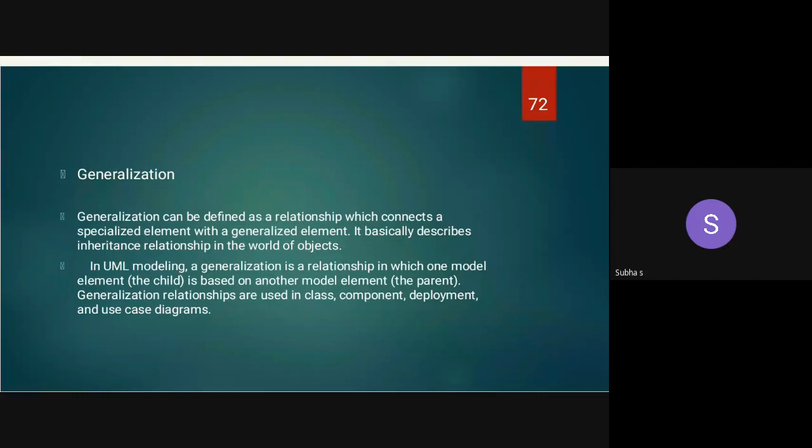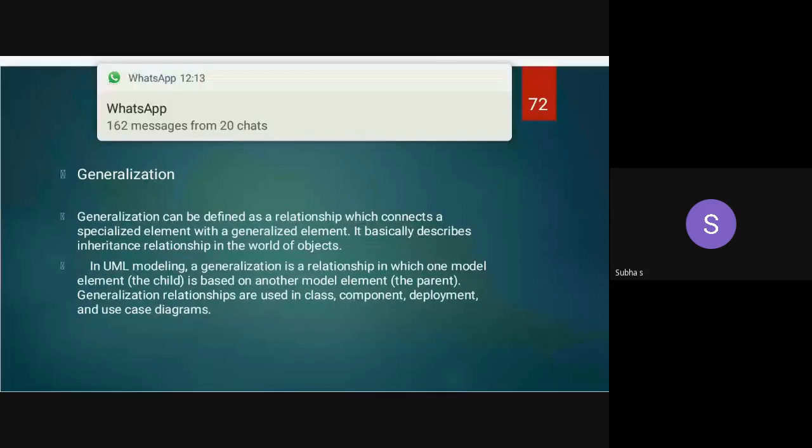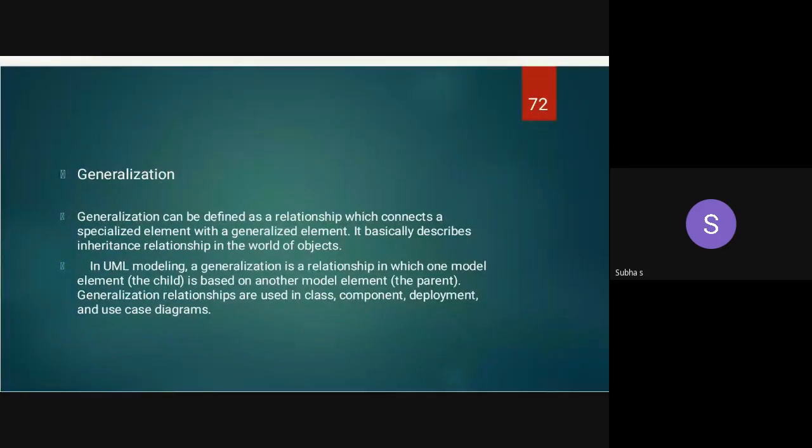Next class I will tell some additional notation. You can ask one question, sir. Totally, 9 diagrams I studied. Again, the use case is coming. Previously you explained it, and again the use case is coming. That means here I explained the additional links: include, extend, generalization, and association.